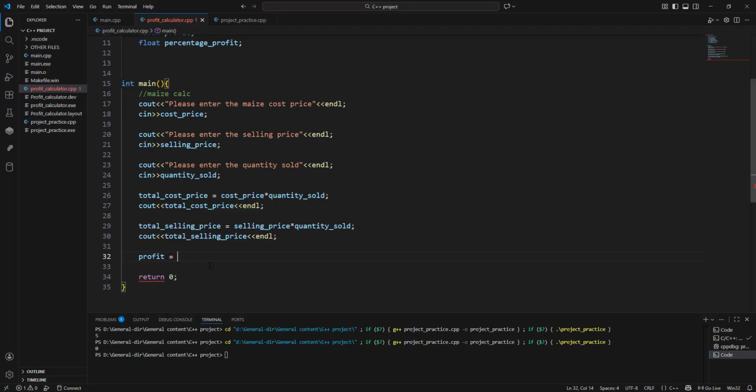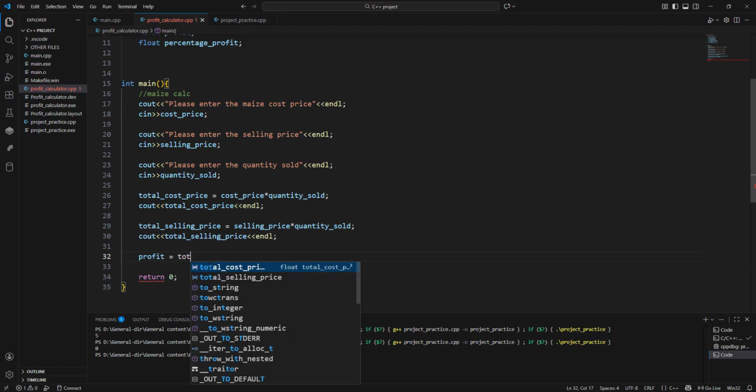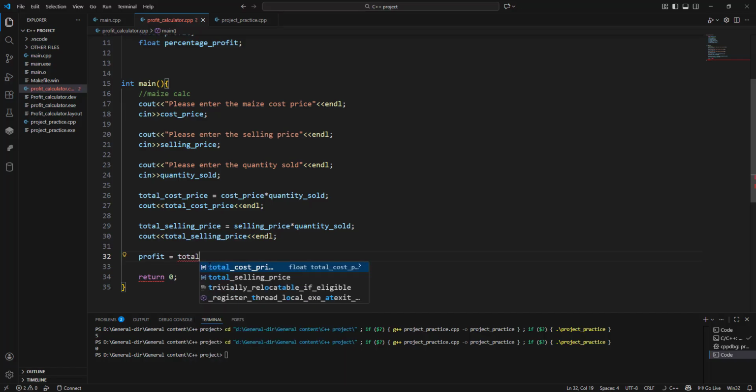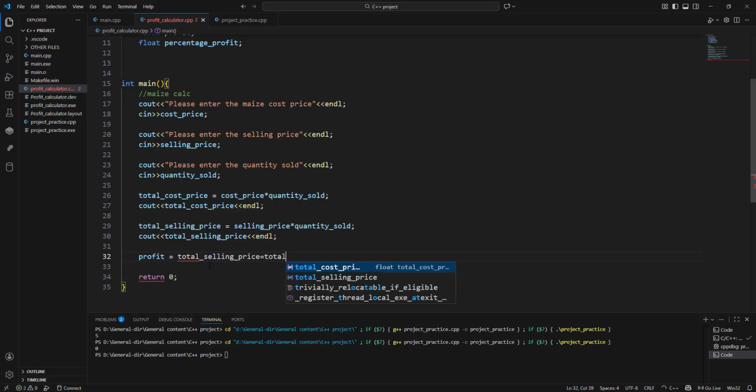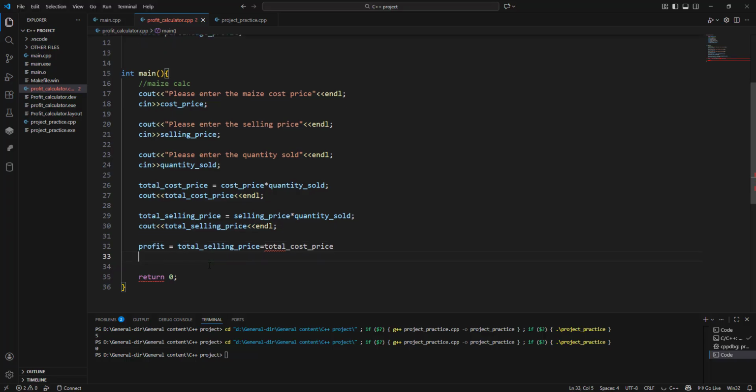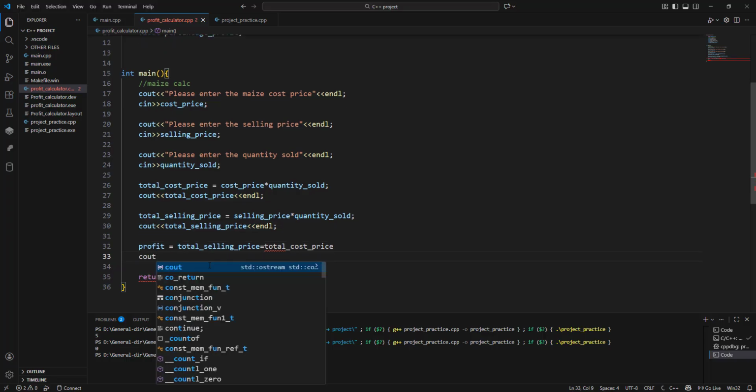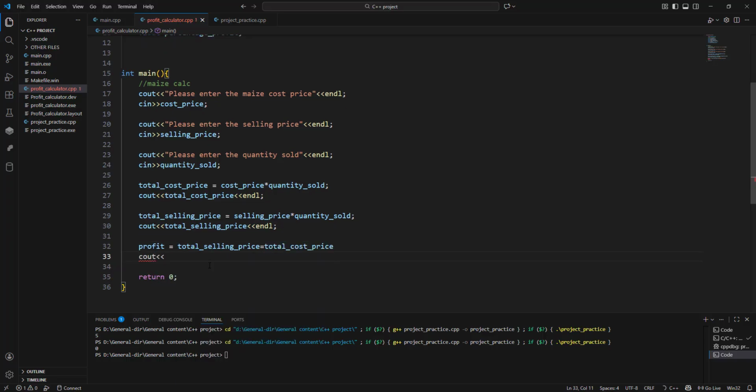So if you bought something at 200 and sold it at 400, it means the profit, you get what you sold it at minus what you bought it at. So we shall get the total selling price minus the total cost price. We shall also say out the profit, and we shall end this line